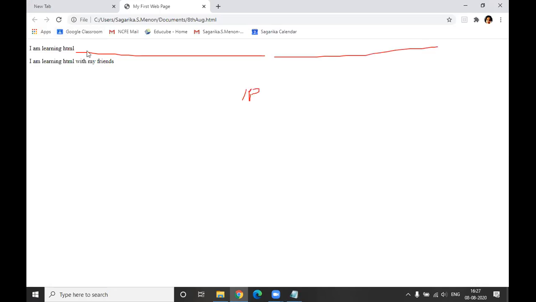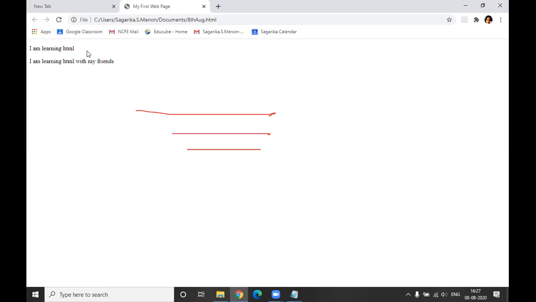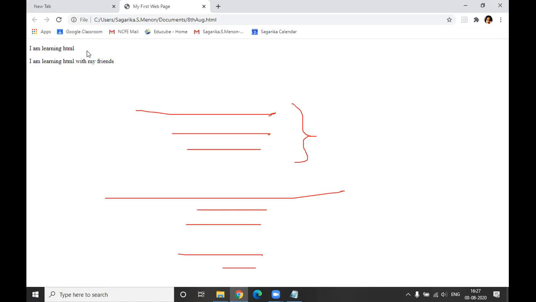Anytime in future, when you see a web page with many lines, then a space, then many lines, then a space, you will understand they are using a paragraph tag to display it. Karan with me? Yes. Very good. Now, HTML is all about learning different tags, so we will learn different tags as such.